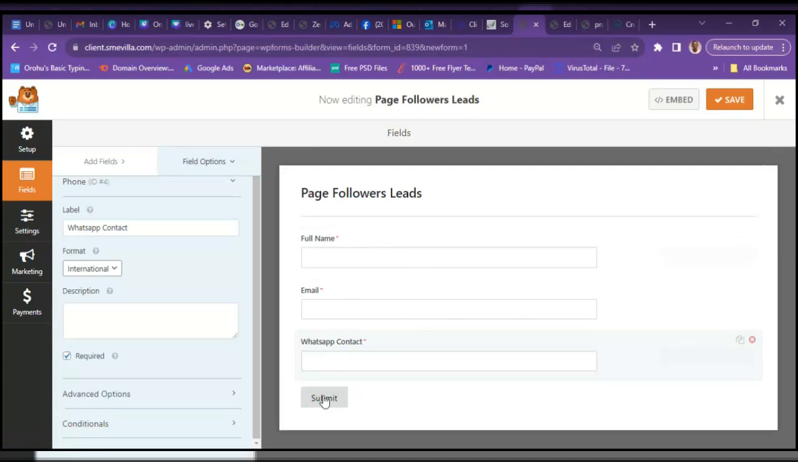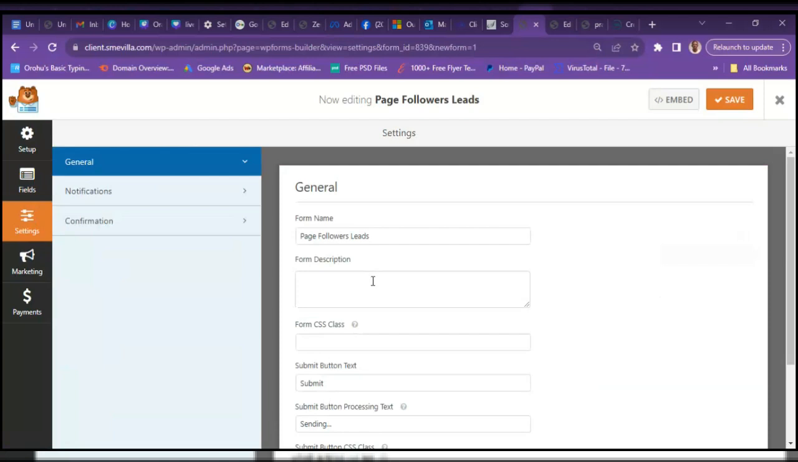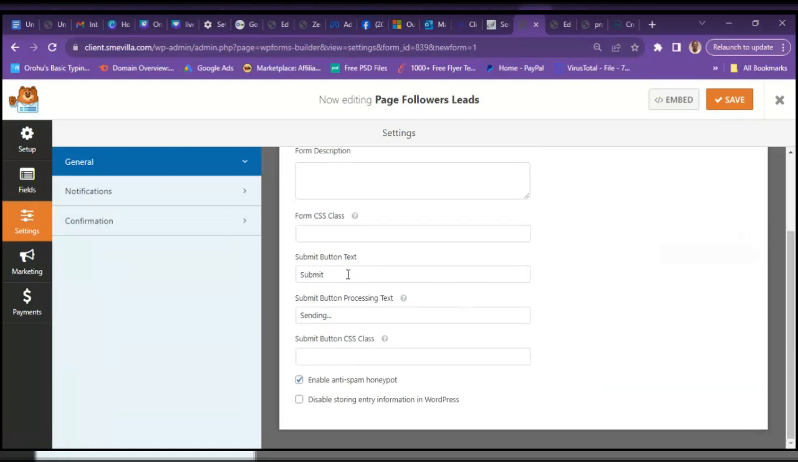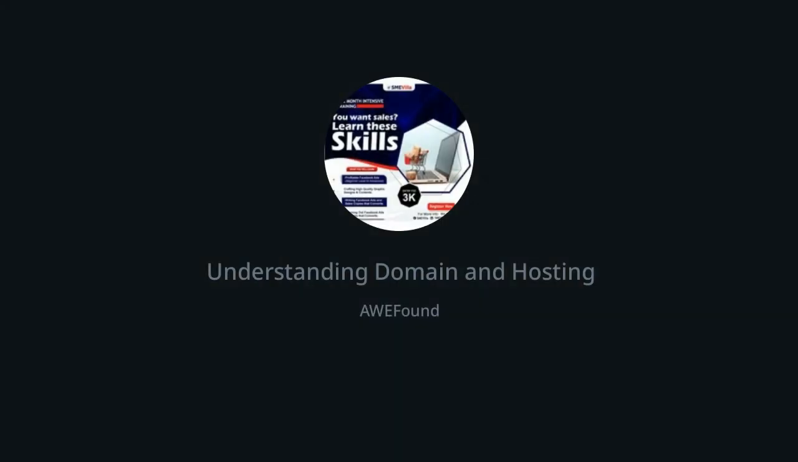So I'll click on the button, then scroll down this page. This is the description. I can add more information so that people understand what this form is for. Then the next thing here is the submit button. This is what I want. So it could be: click here, get free